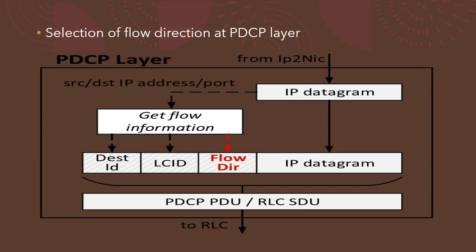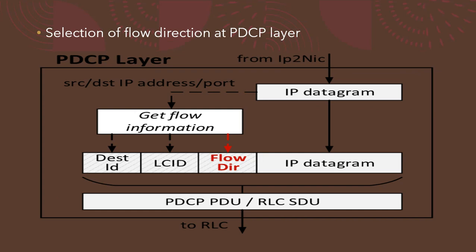Selection of flow at PDCP layer, we can see the flow directions at the figure, both UE and gNB PDCP layer. We have it shows